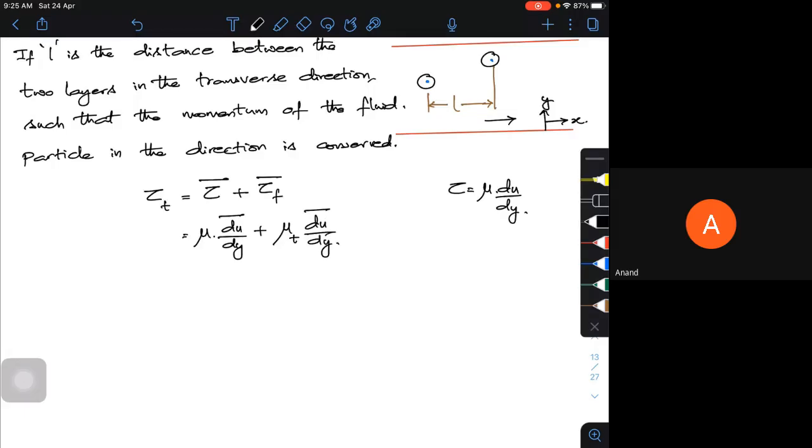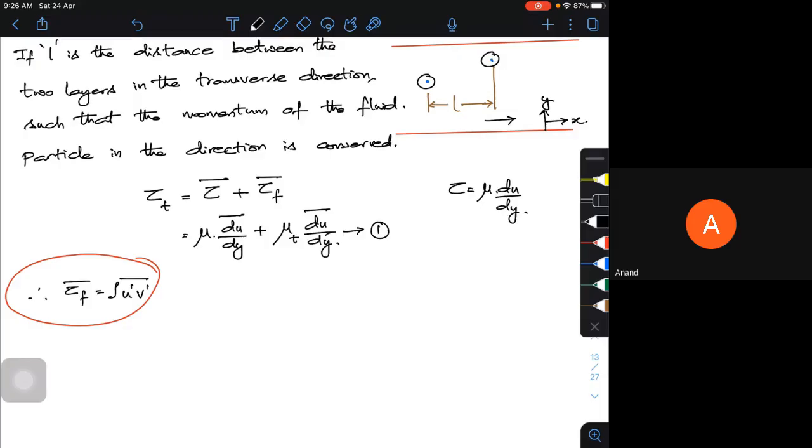Now, what is this fluctuating component? In terms of velocity, I can write it as rho u v, of this particular form. Or the fluctuating component has a viscosity which is fluctuating, mu t, and mu is for the average component which remains almost constant. So I have both the average component and the fluctuating component.